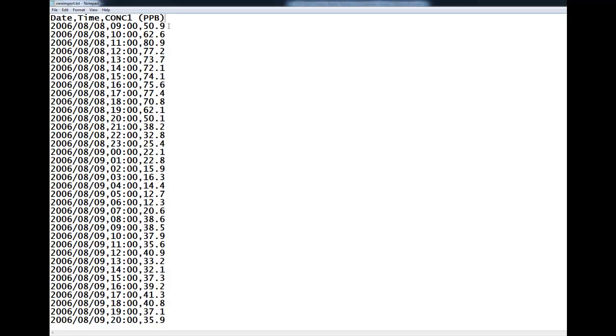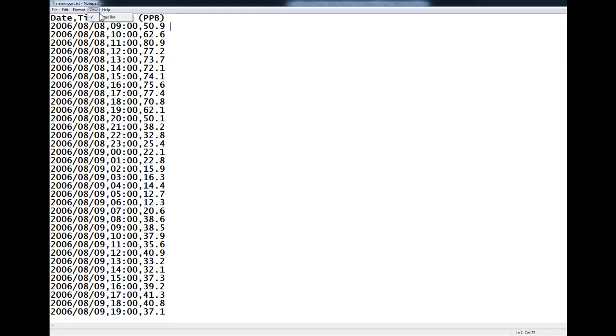So this is the first line of the data, and you can see that it starts on August 8th at 9 o'clock in the morning, and the ozone parts per billion concentration is 50.9. One of the things that's really important is that you keep track of the number of rows that you import. Sometimes it really helps figure out what's going on. Well, how do you know how many rows are in this? This is opening by default in Notepad. If you go to View, and make sure the status bar has a check next to it, you can see way down here in the right hand corner